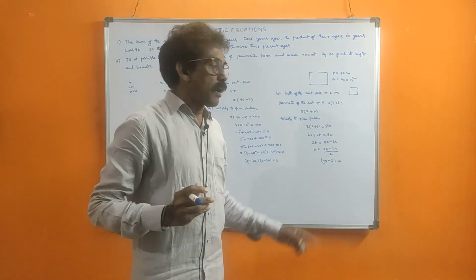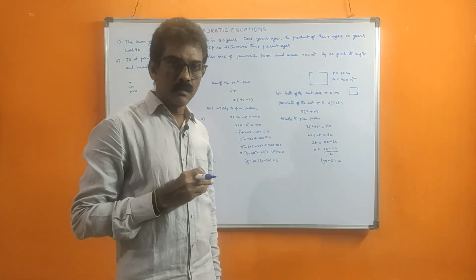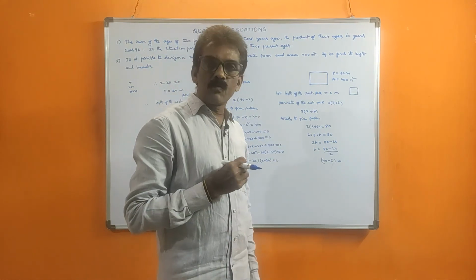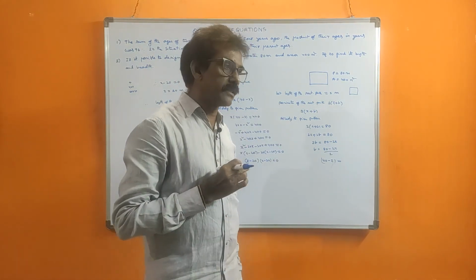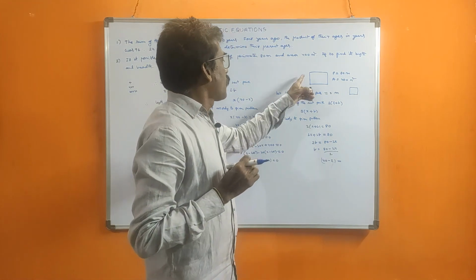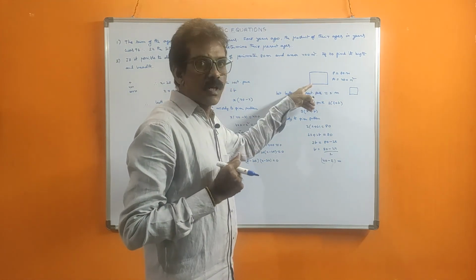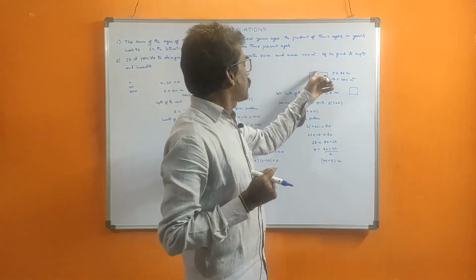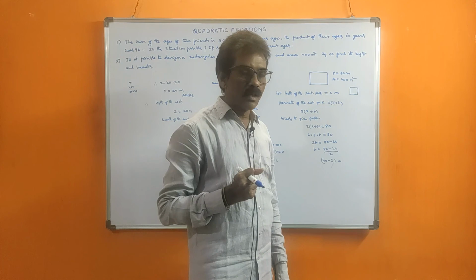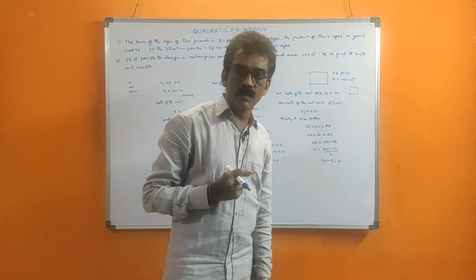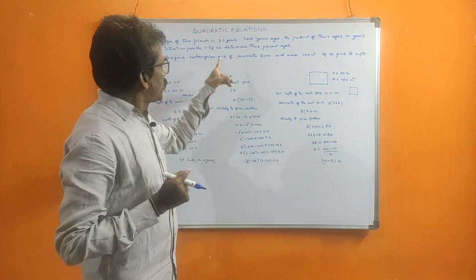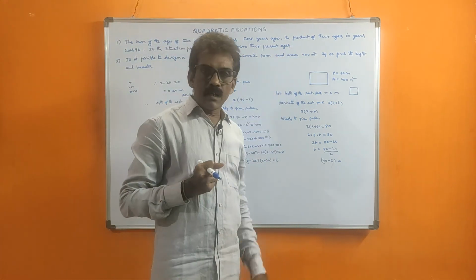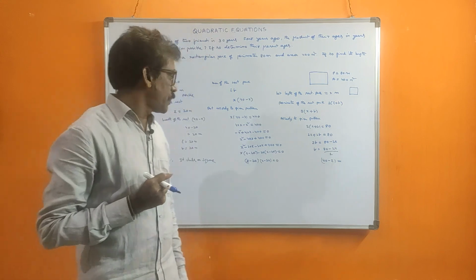Specially, we will call all these quadrilaterals. According to the properties only we divide them into rectangle, parallelogram, square, rhombus, like this. If opposite sides are equal, we call it a rectangle. But in this situation, length and breadth are the same, meaning 4 sides are equal. Then we will call it specially a square. So by these measurements it is possible, but it is not a rectangle, it is a square.